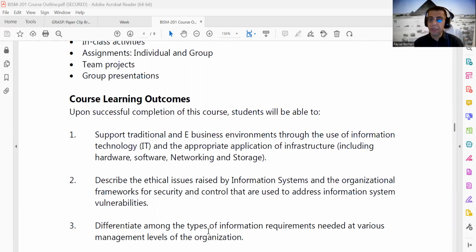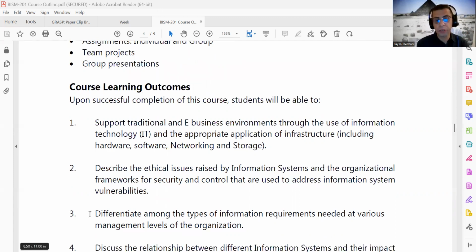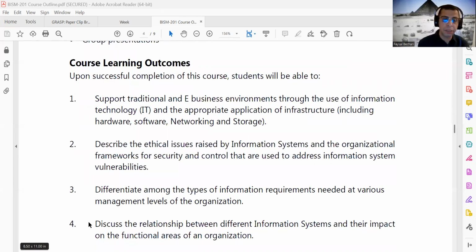We'll look at DSS versus ESS systems, and we'll see how they differentiate. Once we explain the difference between ESS and DSS, we'll discuss the relationship between different information systems and their